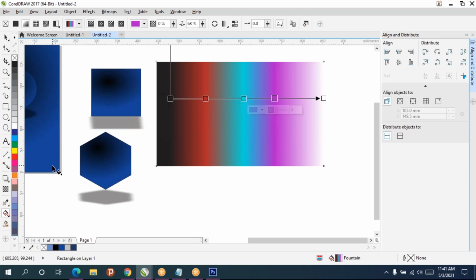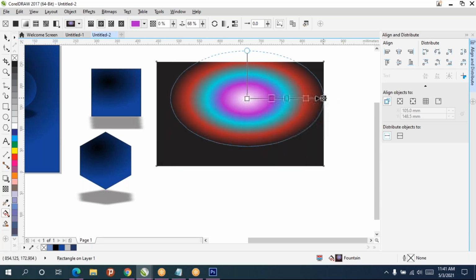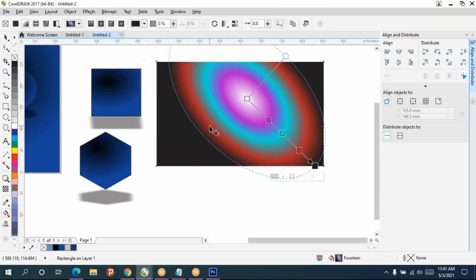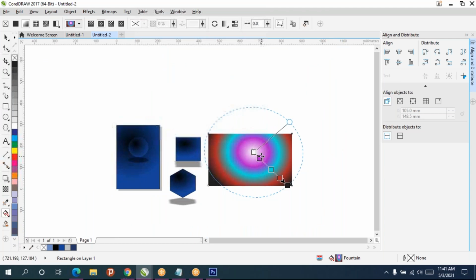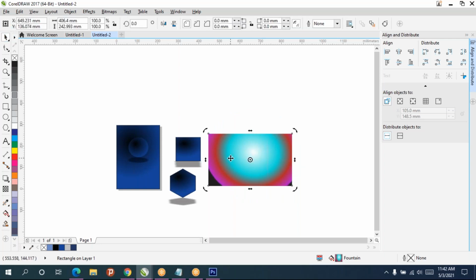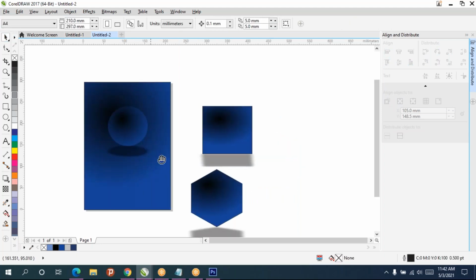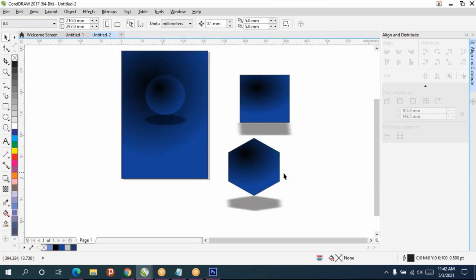Like that you can give multiple colors also, and that also you can apply like linear. However you want, you can do it by gradient tools, meaning interactive fill.